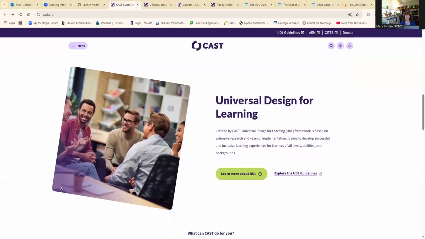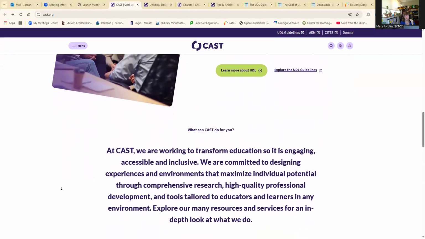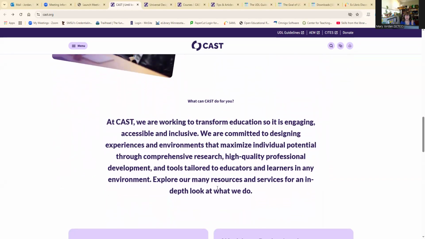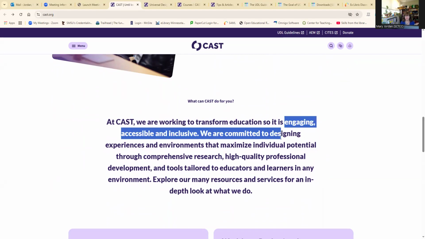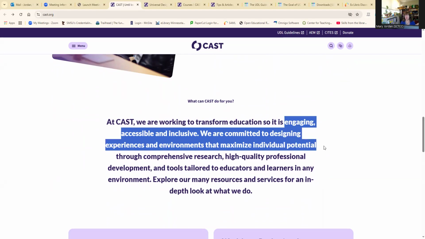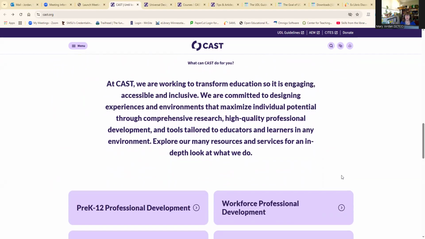And universal design is the idea that everybody's brains are going to be different, and the way that everybody is going to take in your information is going to be different. So, hey, let's be good at this. Let's be very explicit in designing our courses